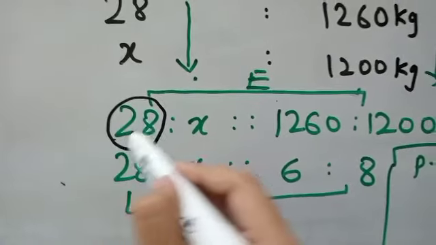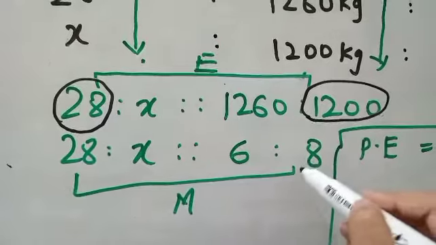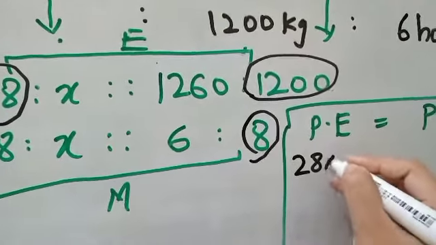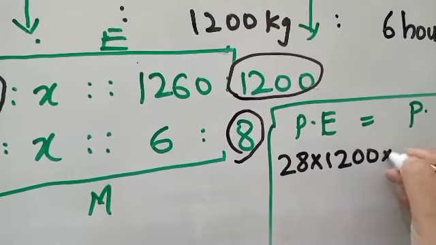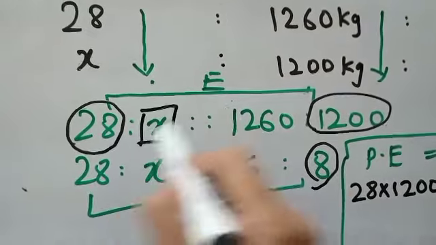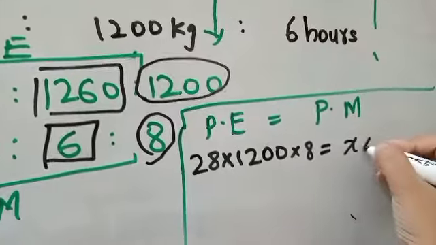Extreme has 28, extreme has 1200 and extreme has 8. So I will write down all the values. 28 multiplied by 1200 multiplied by 8 is equals to, now mean has X, 1260 and 6. So X multiplied by